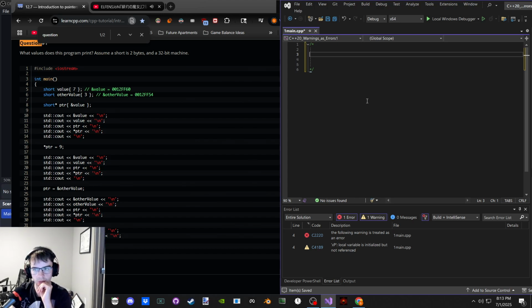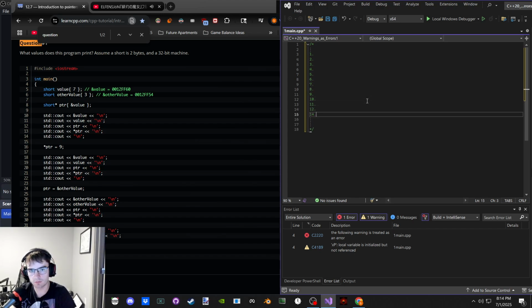Other value is 3. Oh, and the reference is that. Okay. So 15 prints. 1, 2, sure. 10, 11, 12, 13, 14, 15.